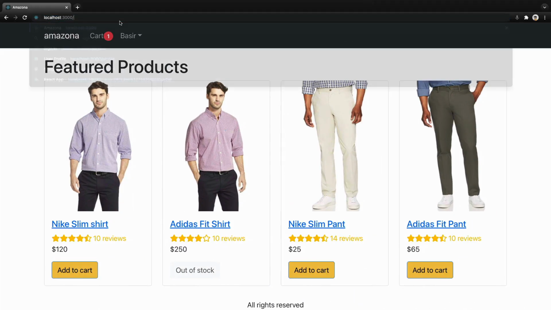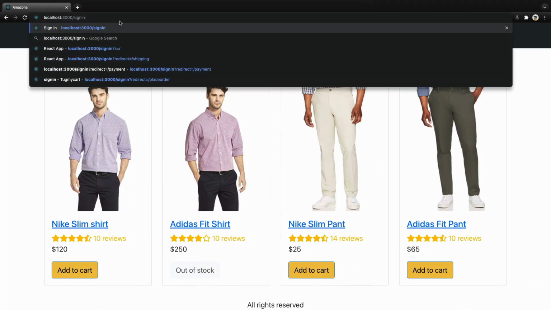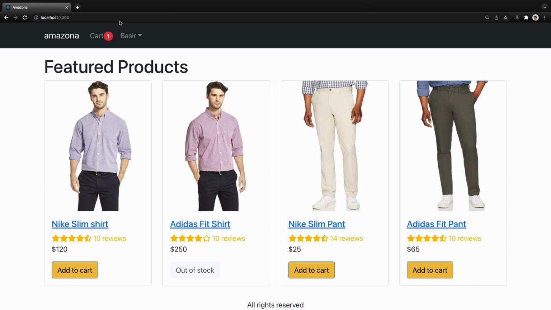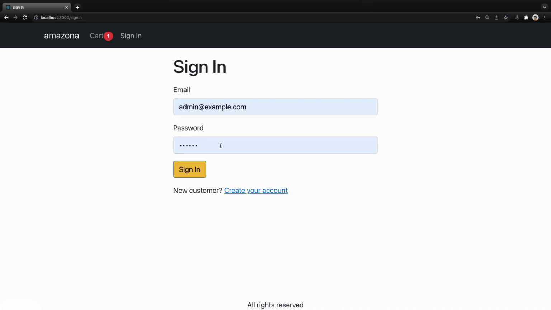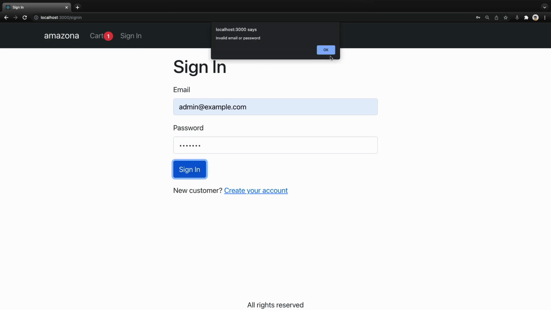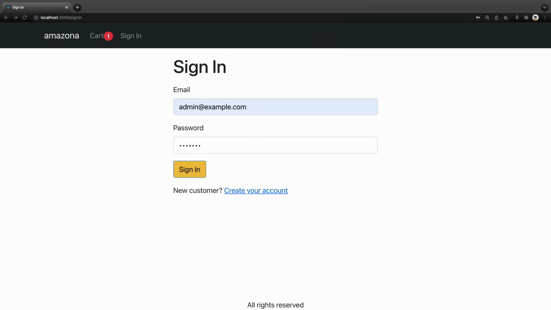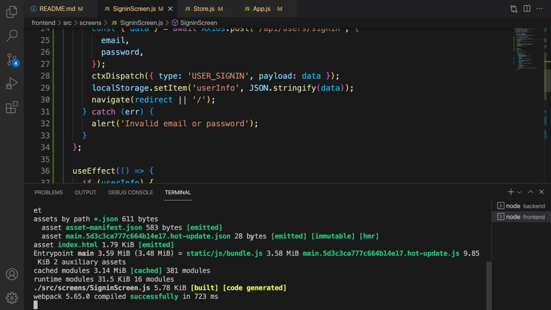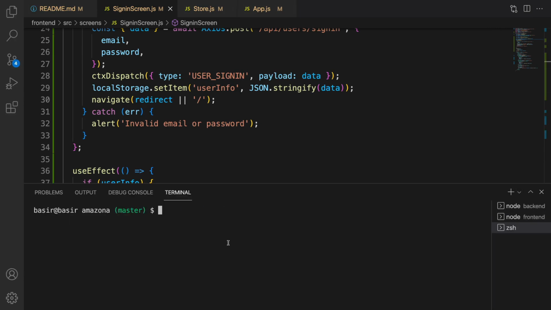If I enter /signin and press enter, I will be redirected to home page. So it's not possible for a logged in user to see sign in screen. But if I click on sign out and click on sign in, this time I can be here. As the last part of this lesson, I'm going to change the alert from this ugly alert to a beautiful one. It's super simple. Let's go to the terminal, open a new terminal, go to front end and install